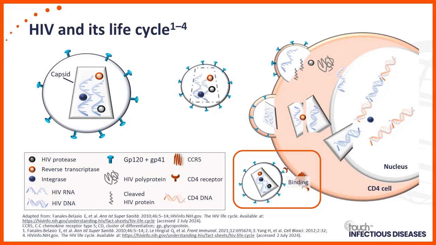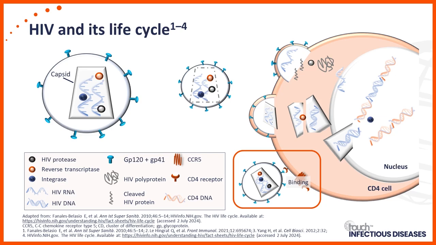The infectious viral particle has a membrane in which the viral envelope is anchored. The viral envelope consists of two proteins with GP120 sticking out of the membrane and binding to the CD4 receptor of a CD4 immune cell. These CD4 cells are T helper cells and they're crucial for our immune system. And this binding of GP120 to the CD4 receptor is unique to HIV, so drugs can be developed to inhibit